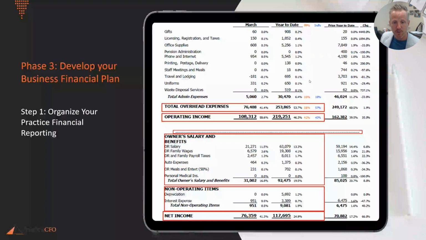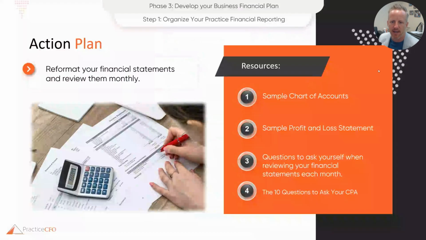And if you structure it this way, and then you use my tool that I gave out in a prior podcast, 10 questions to ask yourself when reviewing your P&L, now you're starting to really think like a good business owner. Okay, our takeaways are the following for this episode. Number 1, reformat your financial statements and review them monthly. The resources I have are a sample chart of accounts, and I will include these in the show notes, a sample profit and loss statement,